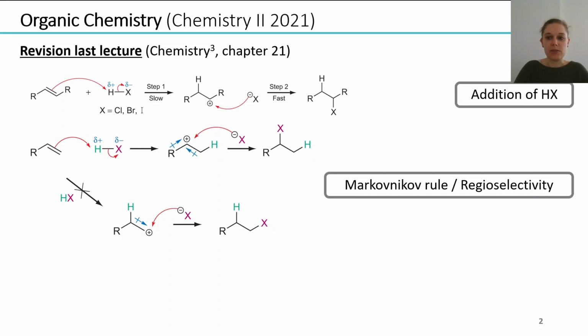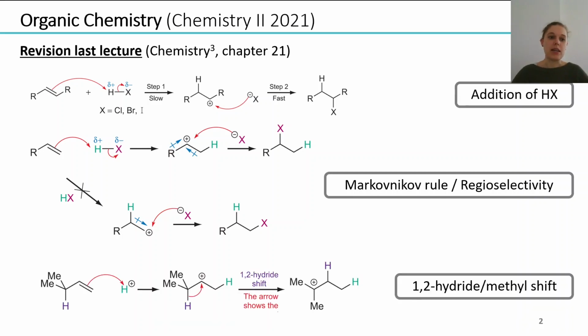And finally, we also saw that we can have a so-called 1,2 hydride or even 1,2 methyl shift, and this shift then produces the more stable tertiary carbocation, and we will end up with tertiary halogenoalkanes as major